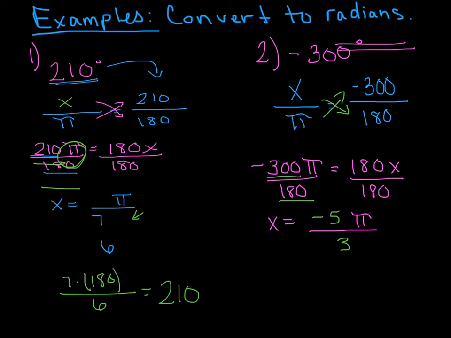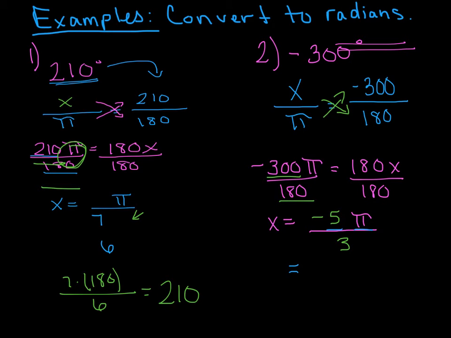Sometimes a question will ask you to round it to the nearest thousandth or something. If it does, you need to type this in your calculator exactly how you see it. So you need to type in negative 5 times pi and then divide by 3. So if you type that in your calculator and round to the nearest thousandth,